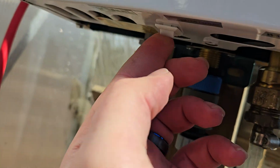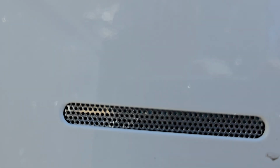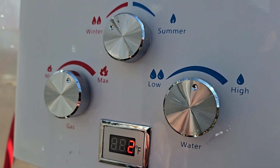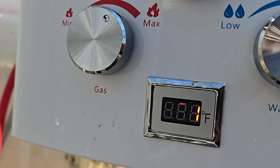And then this right here, you just flip the switch to on, and you can hear it light. I don't know if you can see the flame in there or not, but I can definitely hear it. And I can feel it coming out. So it says it's at